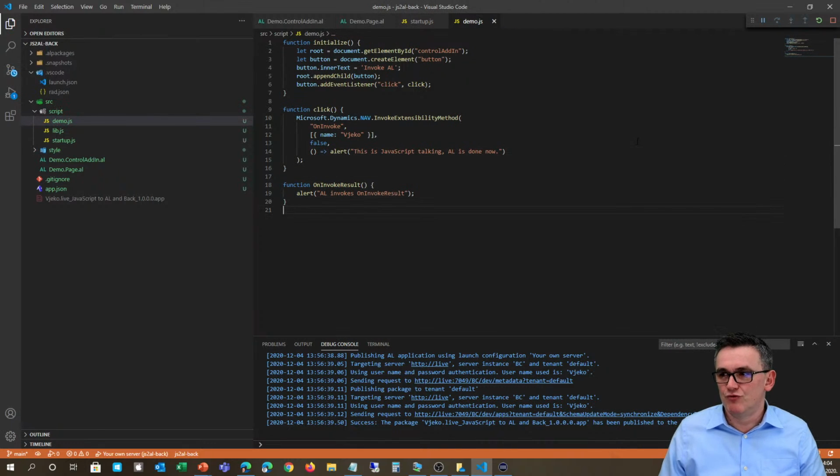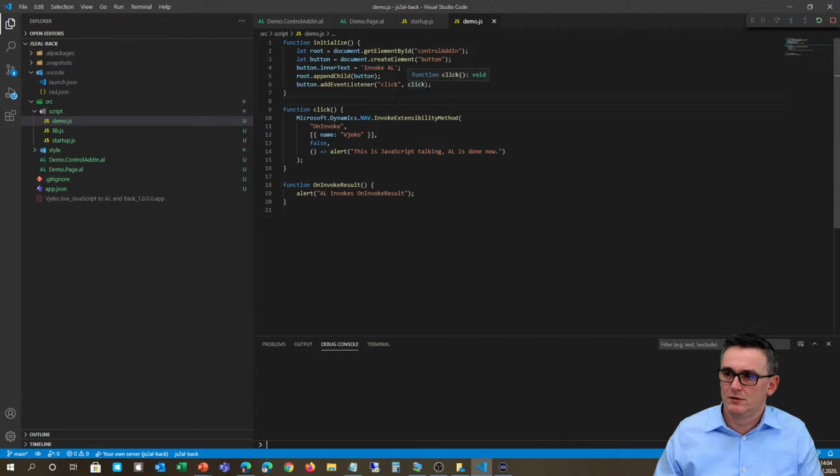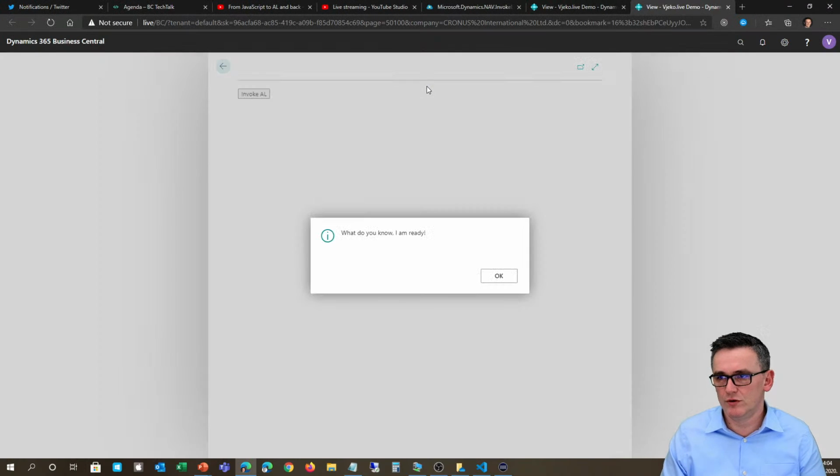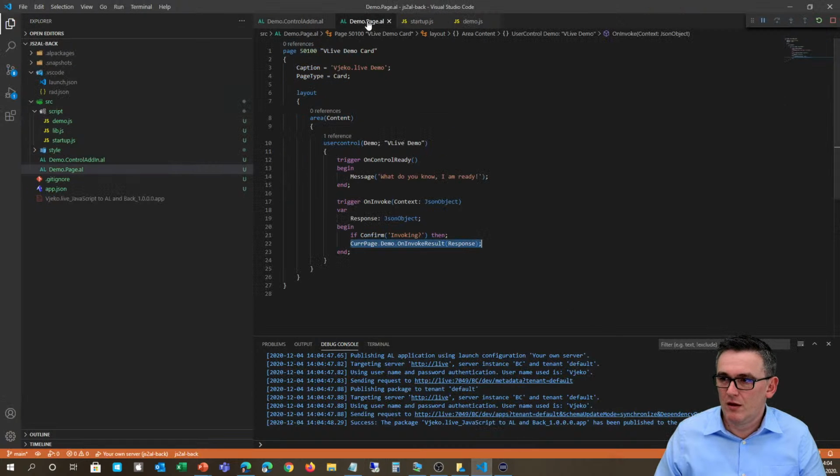Okay, now I can run this control add-in. I'm going to stop because I already had a debugger running. So all of this is now going to happen. I have my invoke AL button. What do you know? I'm ready. This comes from here. It's a message, and that's it. I'm now ready to click this